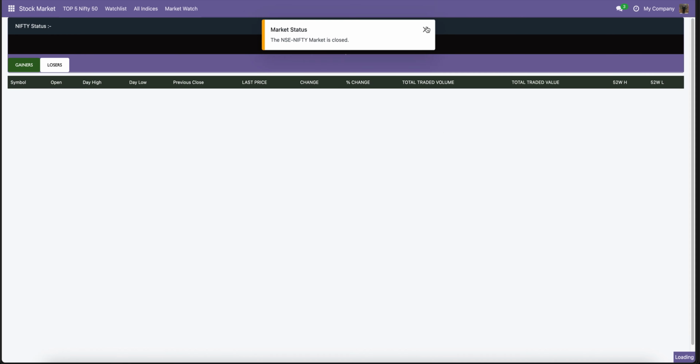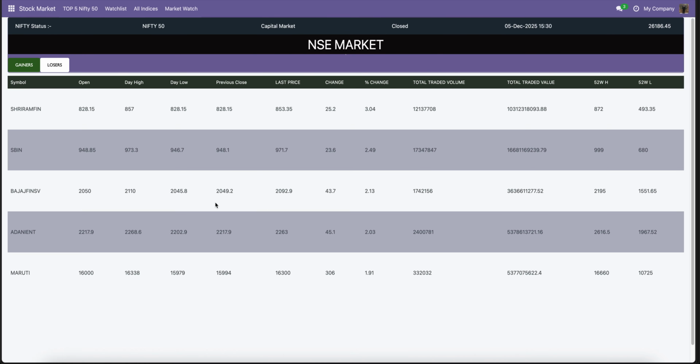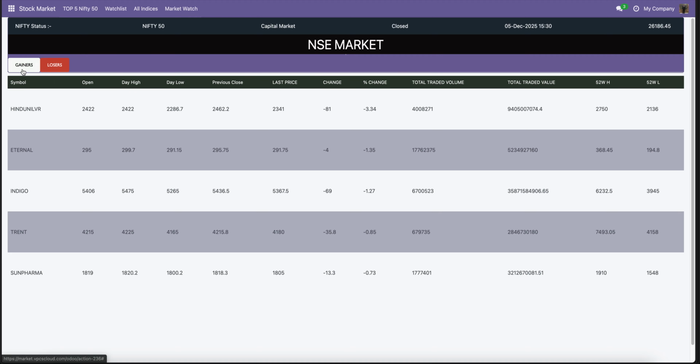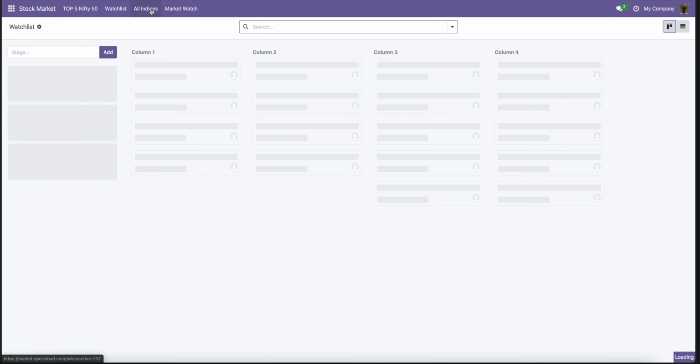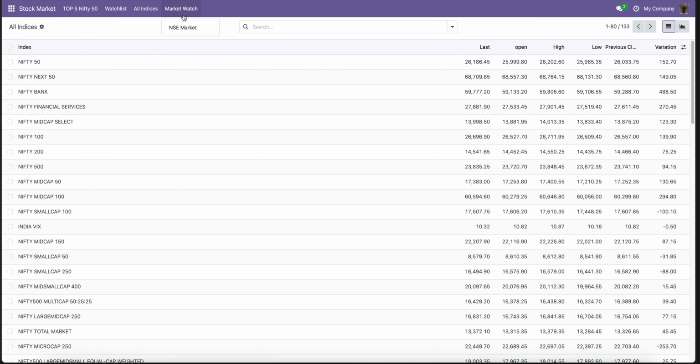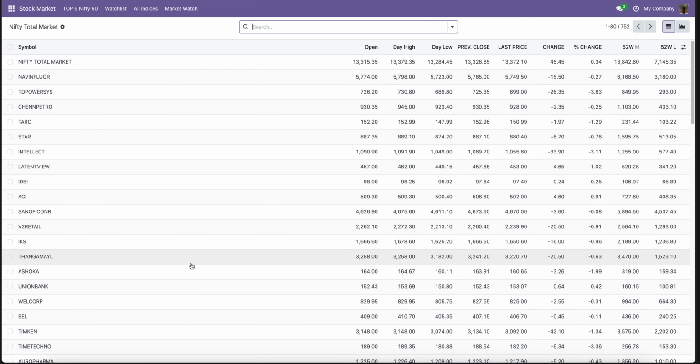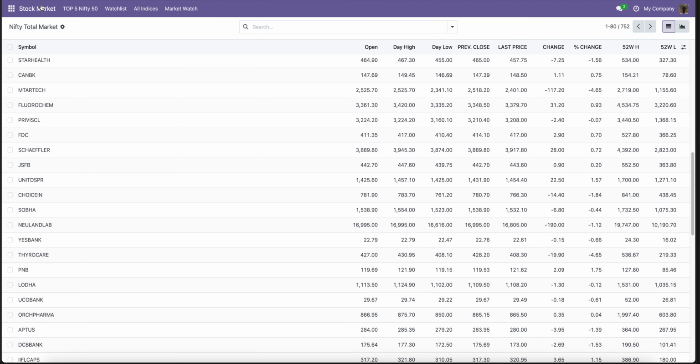a stock market module, which is already available, which gives you the gainers, losers, watch list, indices, market watch, all these things are already available. So on top of this, we developed the Google agent, like the agentic framework which Google provides for Odoo. We are using that, we developed